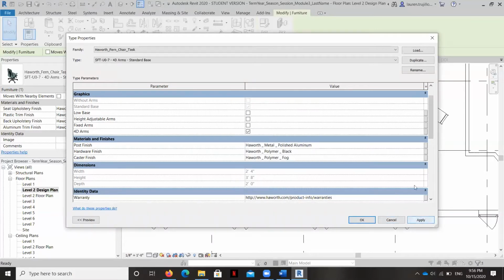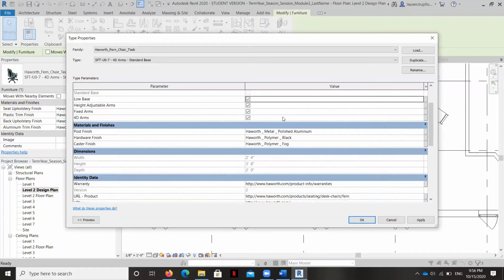For now, I want you to be aware that those possibilities are there, and I want us to leave them, but I also want to show you that you can check and uncheck boxes. Look at the options on this. We can tell Hayworth that we want adjustable arms, fixed arms, 4D arms. This probably has an impact on the price, but if we set these, we can send this plan to Hayworth for pricing or have them send us one back.